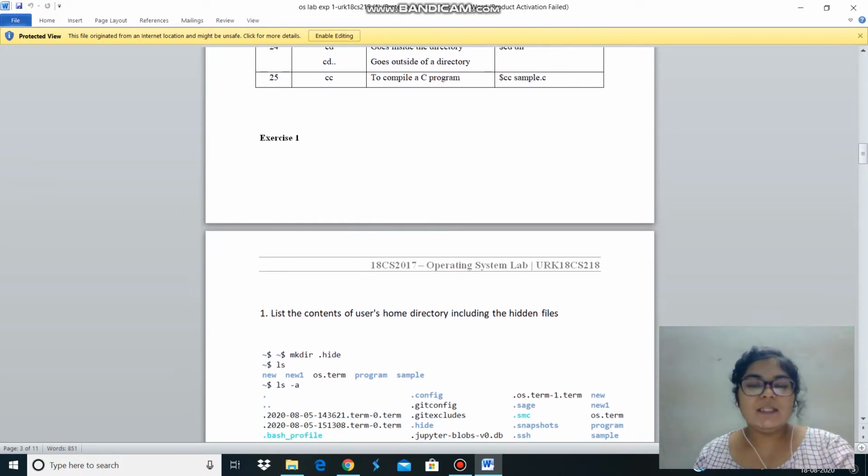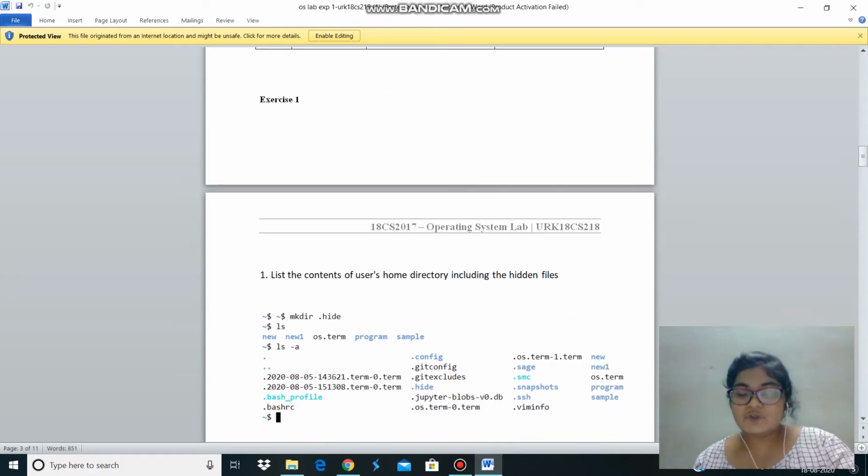In experiment 1, the first question is list the contents of user home directory including the hidden files. Generally, for the files command, we will use the ls command. Mkdir means to make the directory. ls -a is for hidden, including all the hidden files.